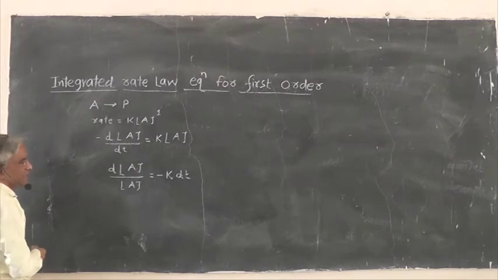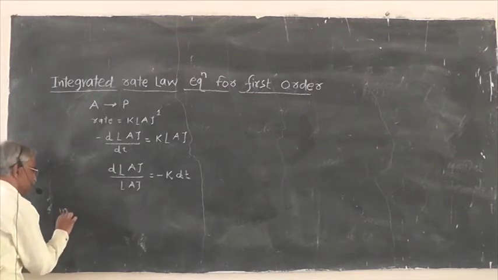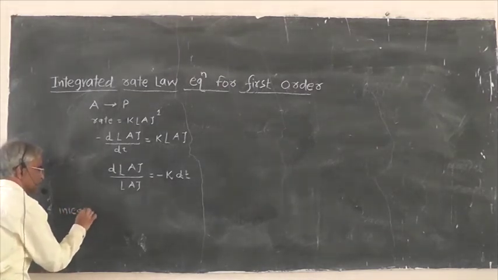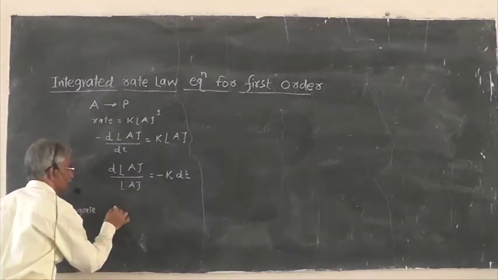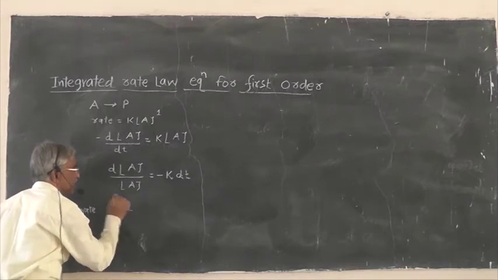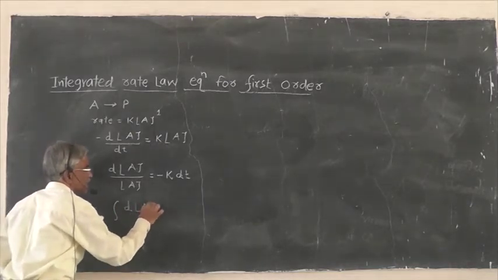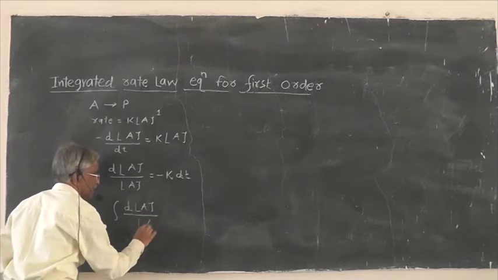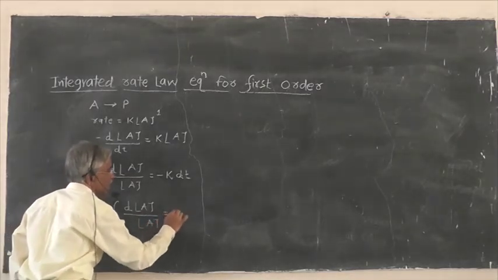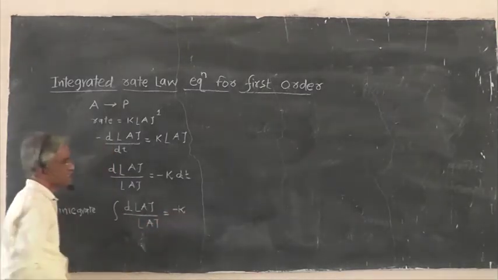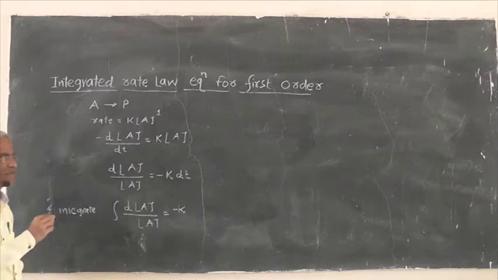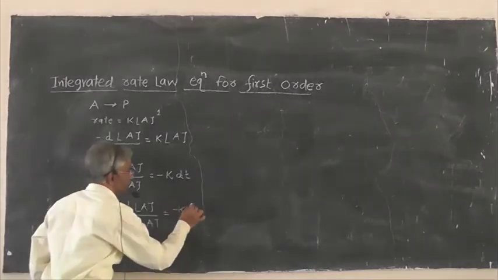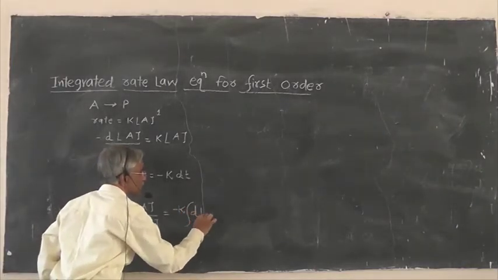Now, for the first order reaction, we need to integrate the equation. I have put the advantages of this integrated rate law. The third way of studying the order of the reaction is the graphical method. We plot a graph, and as we studied yesterday, if the graphical method and the mathematical method are giving the same values and k is constant, we say that the order of the reaction has been proved. Therefore we are not going for differentiation of a, but integration of dA by dt. Now let us go for the graphical method.